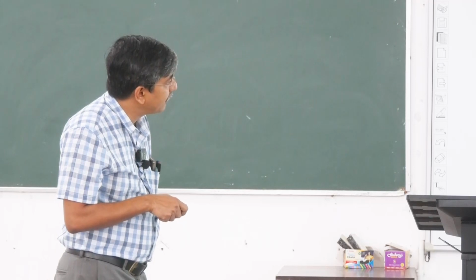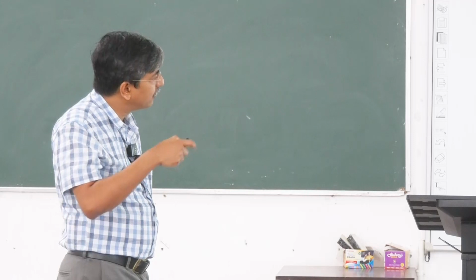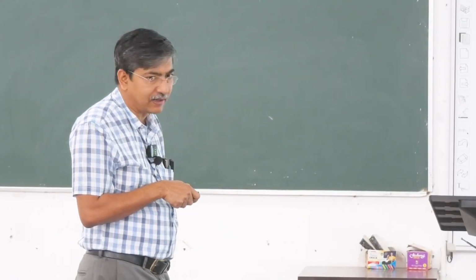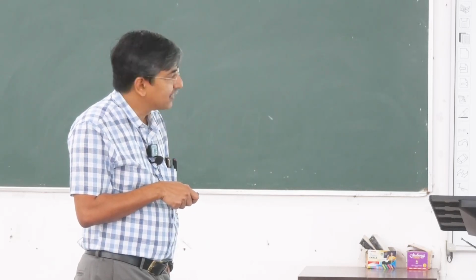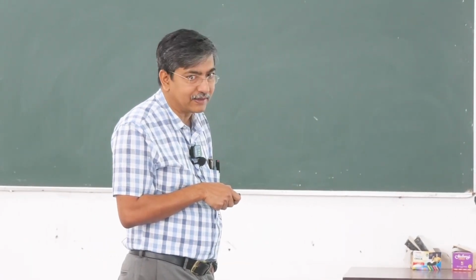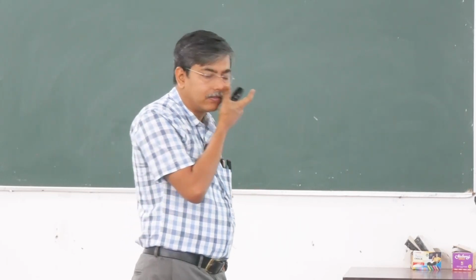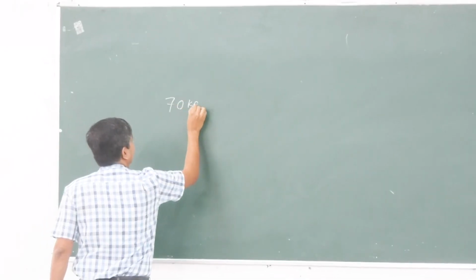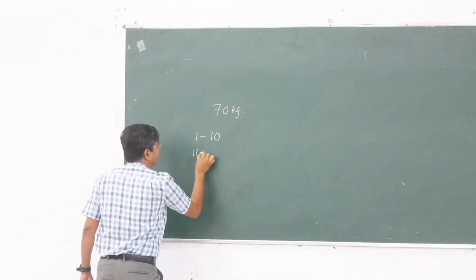So what will be the fluid requirement of a 70 kg man? Weight plus 40, that's 110. And if you go by the 4:1 formula, first 1 to 10 kg, 40, then 10 to 20 kg, 20, so 60, and then from 20 to 70, 50 kg, 1 ml per kg per hour. So it comes to 4:1. See like this, 70 kg, right? So first 1 to 10, 11 to 20,